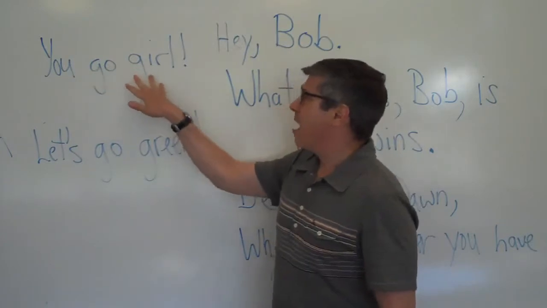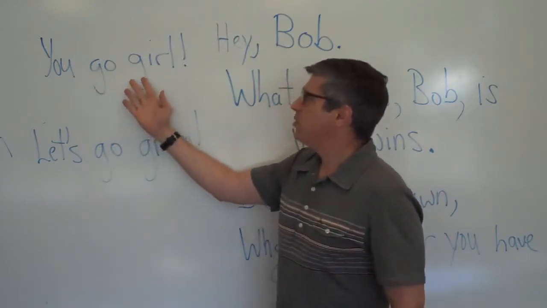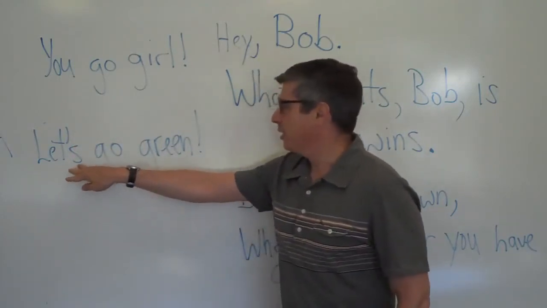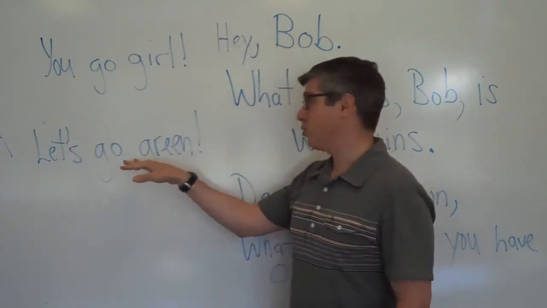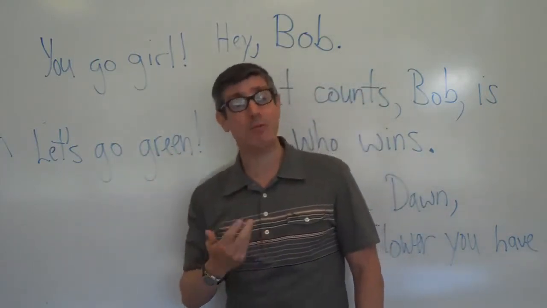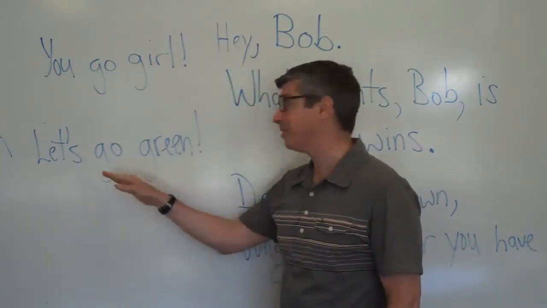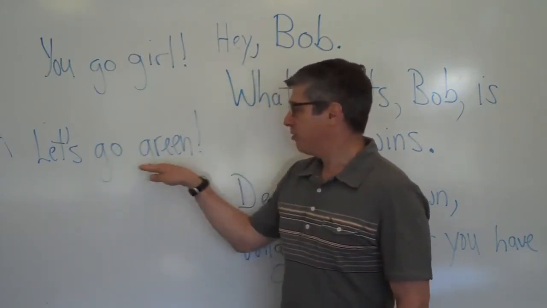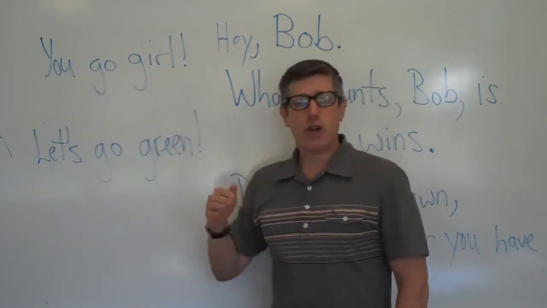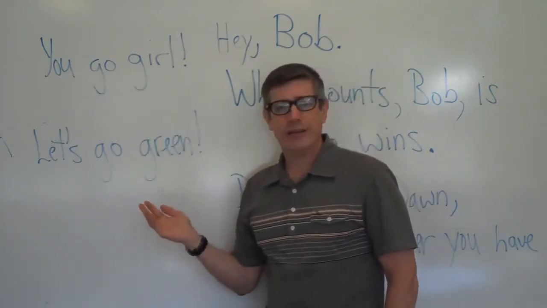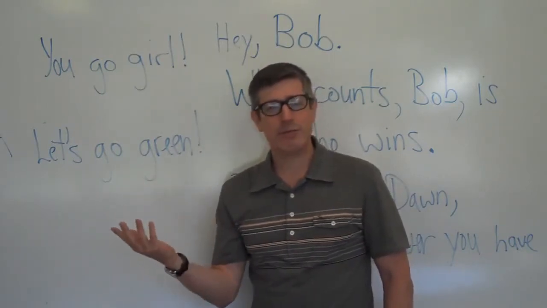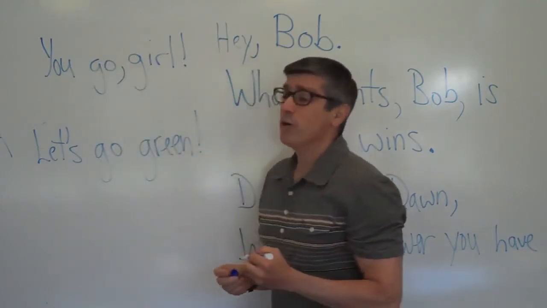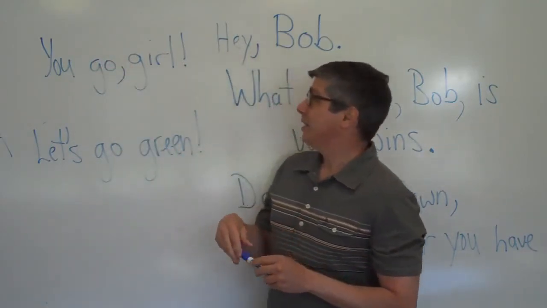So without the comma, though, you get something quite peculiar. You get a sentence that is grammatically like this one, "Let's go green," which is correct. That is, let's become environmentally conscious. Go here means sort of become. Let's become green. So this is fine, but what would it mean to go girl in the way that you go green? I mean, you go girl, I go boy. I mean, what does that mean? It doesn't really mean much of anything. So if you want to encourage your friend in writing